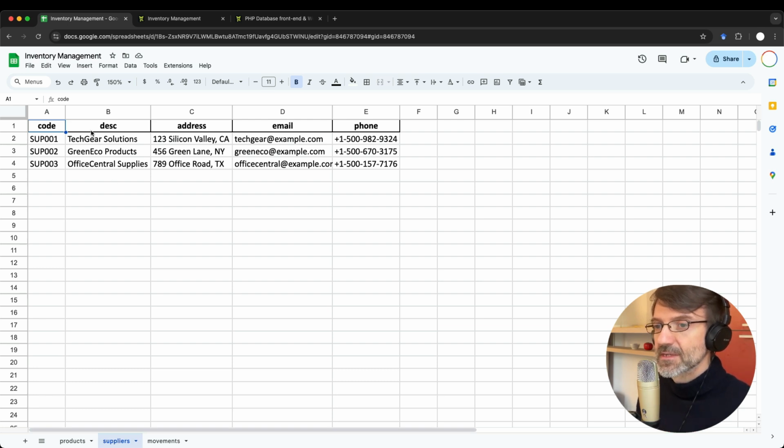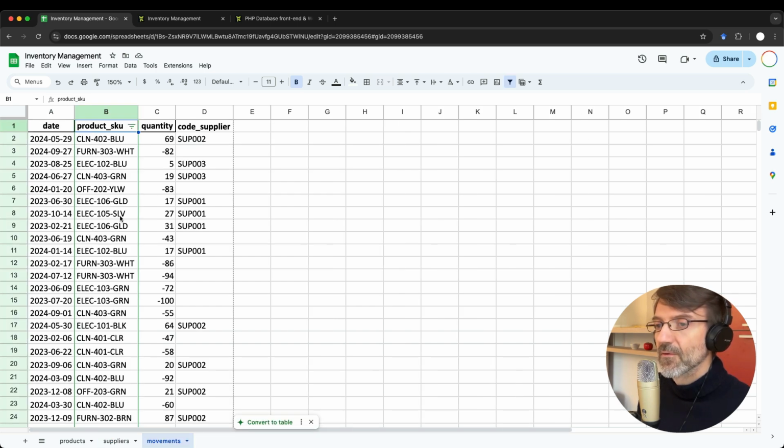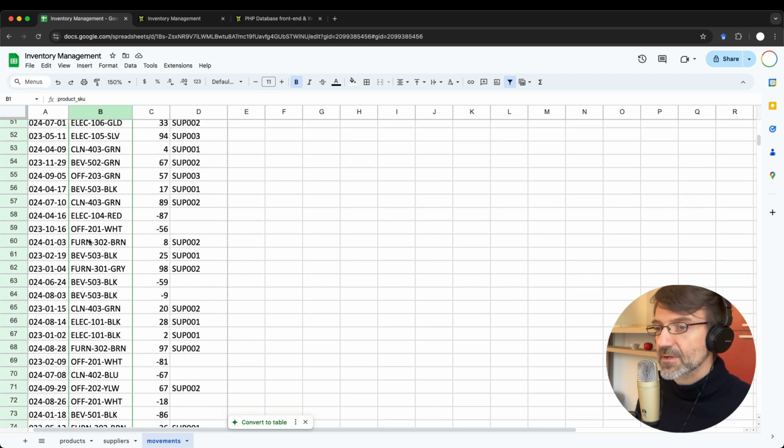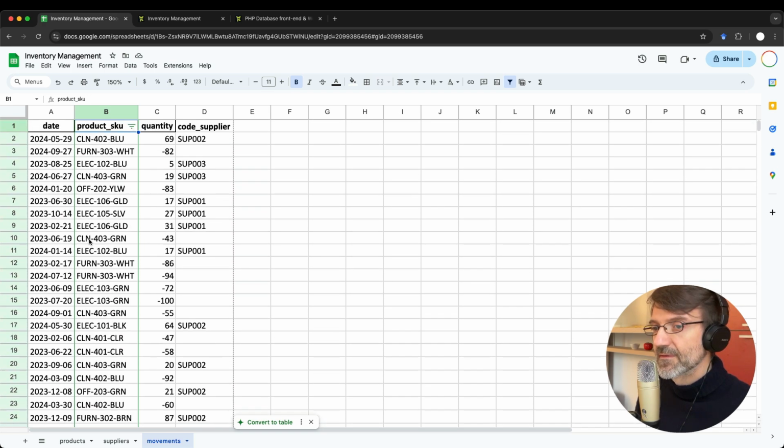Then we have suppliers with code, description, name, let's say, address, email, and phone, and finally movements. Each time we buy or sell a product, we track here an inbound or outbound movement, and as you can see, we have hundreds of movements here with date, the product we buy or sell, the quantity, positive if we buy, negative if we sell, and if we buy the product,